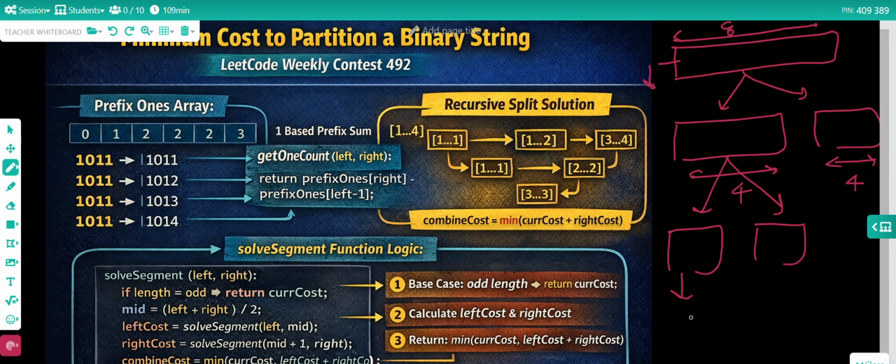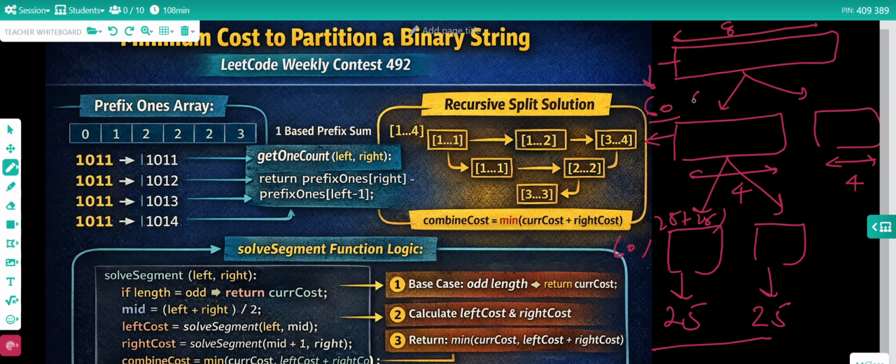Suppose this whole segment gives the cost 60, and after dividing into two parts the costs are 25 and 25. Then we will return the minimum of these two. 25 plus 25 is 50.